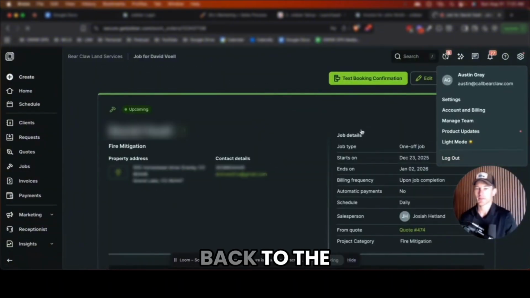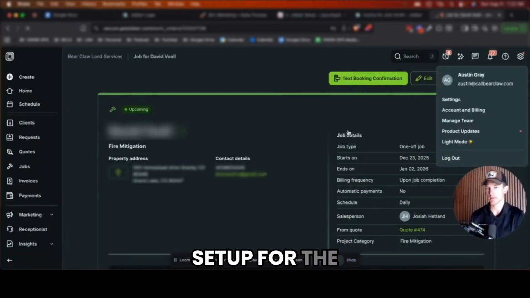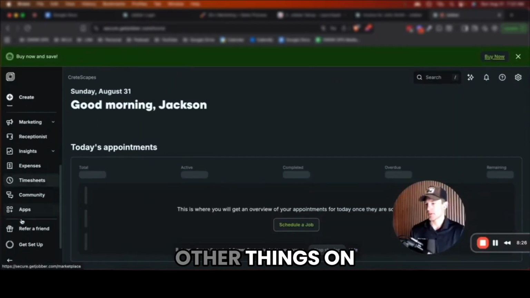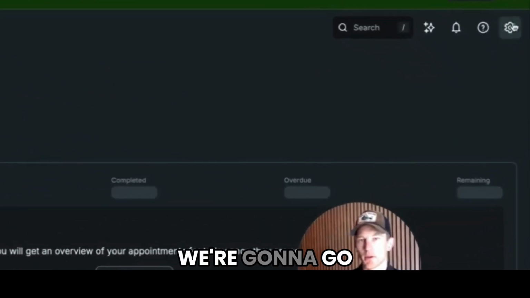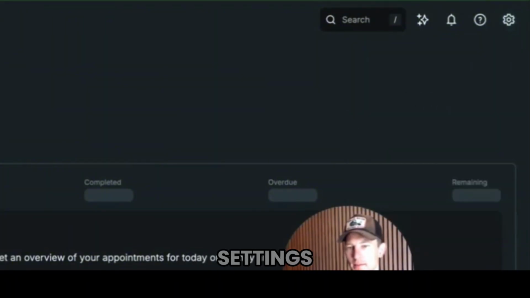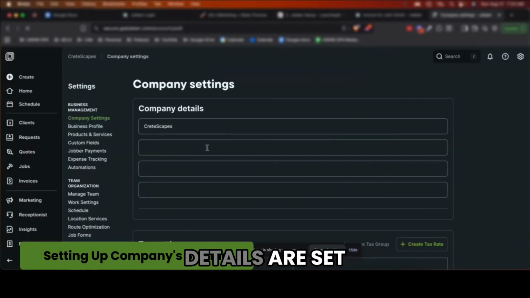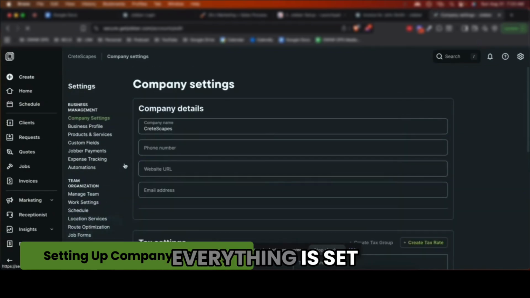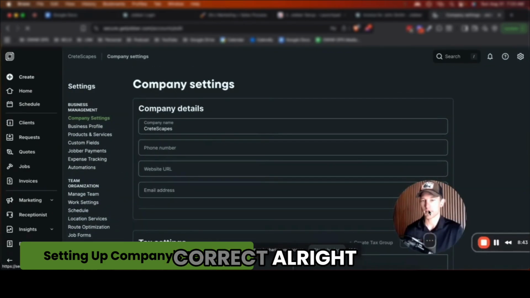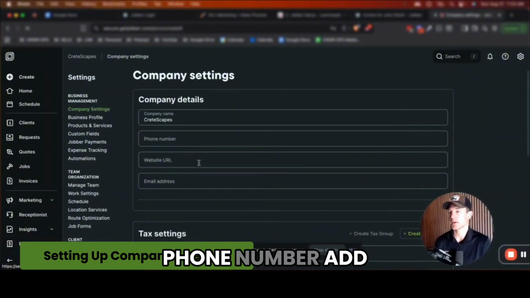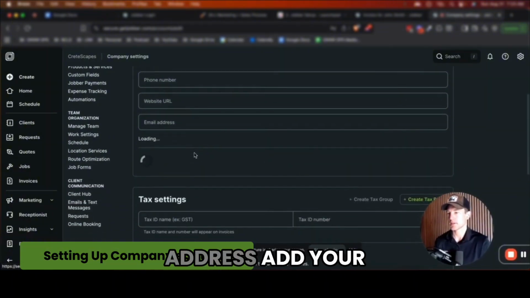All right, now I'm going to go back to the setup for the Creekscapes account. Okay, so a couple other things on setup that we're going to go through. We're going to go to settings, and we want to make sure that your company details are set up properly. We're going to go down through each and every one of these, and make sure that everything is set up correct. All right, so add your phone number, add your website URL, add your email address,